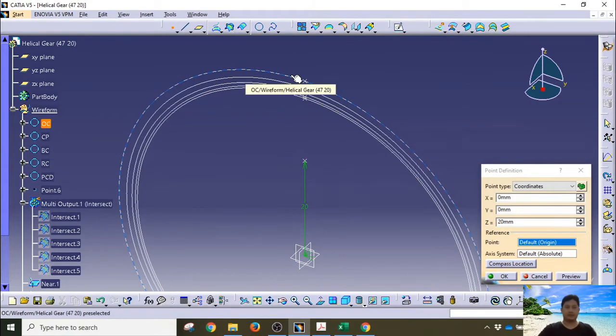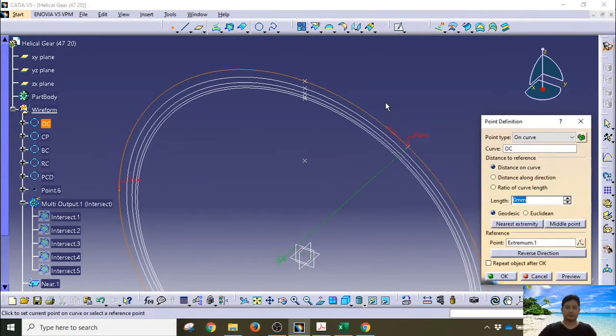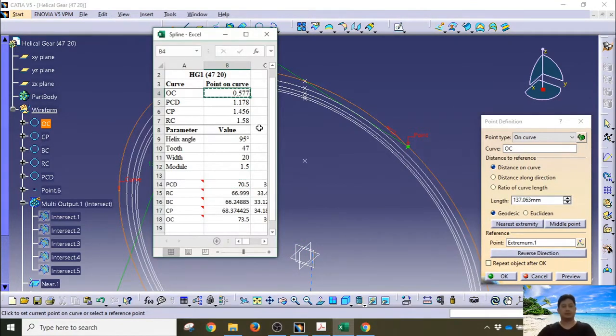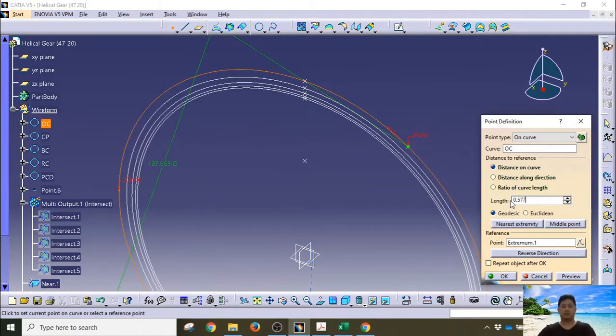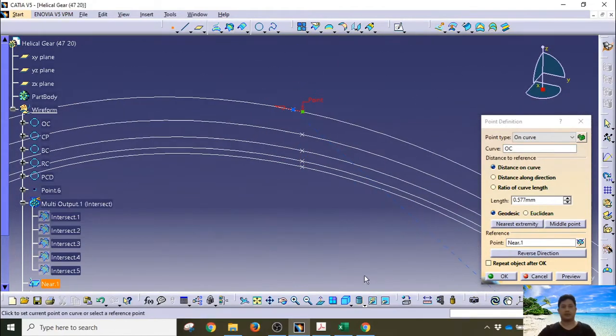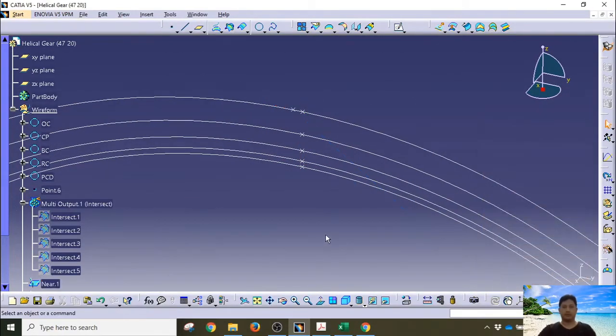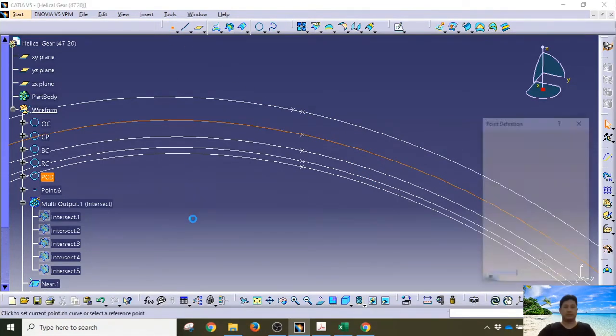So we start with the outer circle here, 777, 0.577, like this. And other parameter is the same as it is. Extrude will be this point. Then you click preview to look at our content. Then click OK. Right, so for the next one, PCD, the same